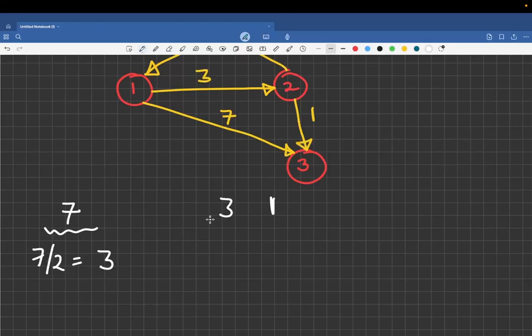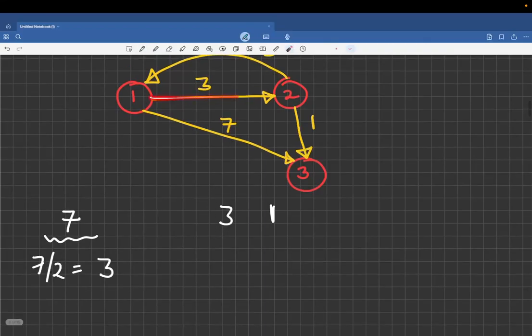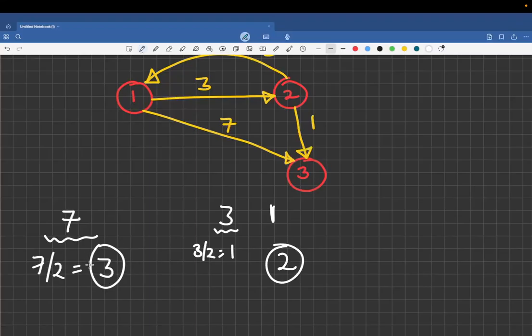Okay. Now let's suppose you are following this other path. Over here you have two flights of cost 3 and 1, and you have to use the discount coupon once. So definitely you will use the discount coupon for the flight of cost 3, right? Because this will decrease the value more. If you do 3 by 2, the value becomes 1. So the total cost for reaching from 1 to 3 by following this path is nothing but 1 plus 1, that is 2. So your answer to the problem for this example, for reaching city 1 to 3, will be 2, because 2 is less than 3.